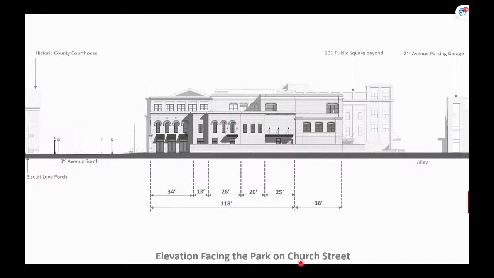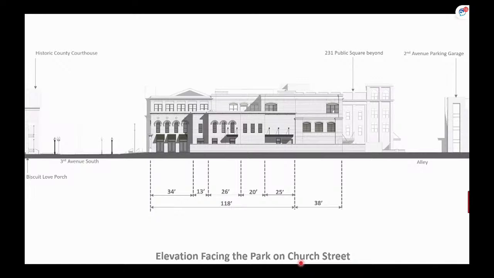And again, we've provided a black and white elevation. Keep in mind that this has no park elements in front of it, and so it's not the way you'll experience this elevation, but we did want to share it so you can see the overall elevation and the dimensional information of the segments, and then also the surrounding context again.